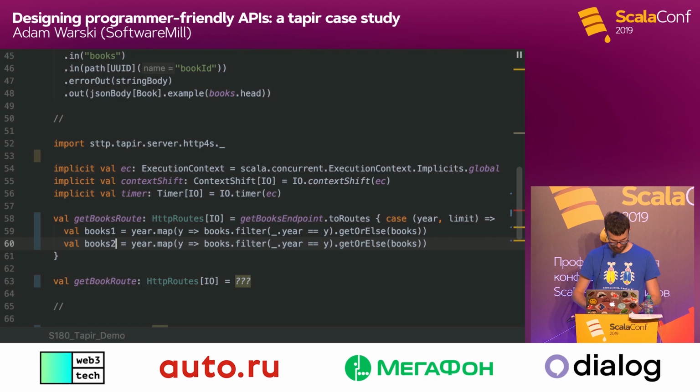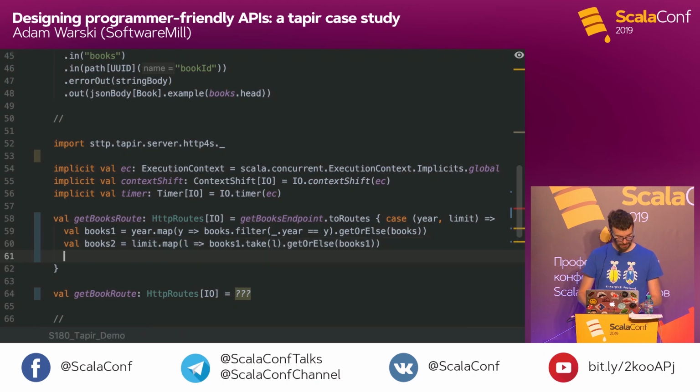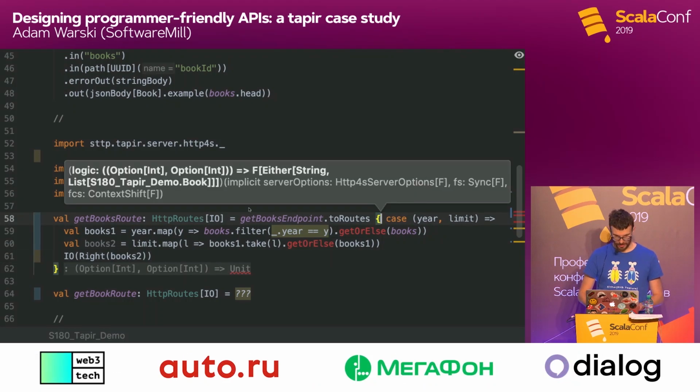And we do the same with the limit. If the limit is specified, we take the specified amount of books, and now we have to provide a response. Well, in that case, we are always successful, so we return a Right, books too. So if you look at the signature that's actually required here, we have specified that from the request we read